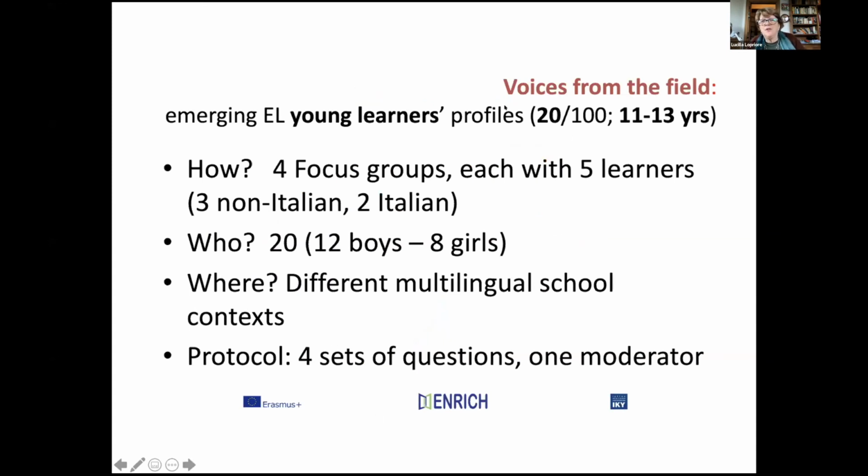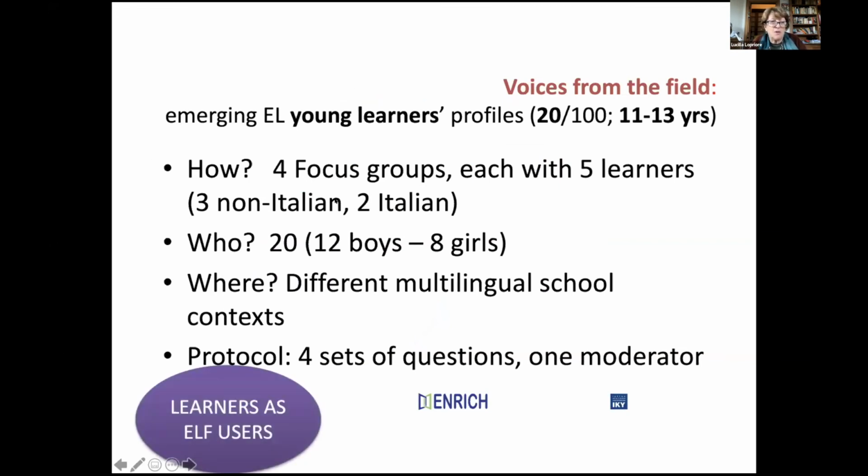Well, let's finish and come to the conclusion, talking about the focus groups and the voices from the field. As I said before, we used focus groups, each with 5 learners. I'm sorry, here I left something wrong because it was an example from Italy.